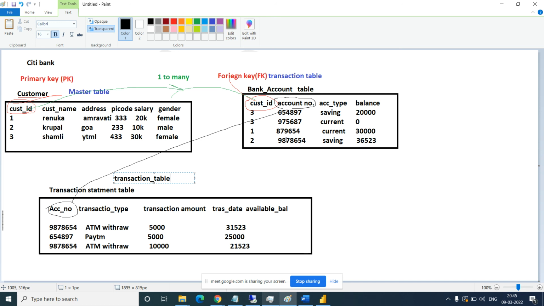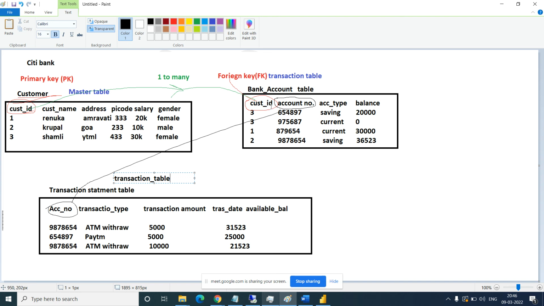Do you know what is normalization? Krupa sir, last time in Tableau we had seen. Normalization means dividing the data from one table into multiple tables.